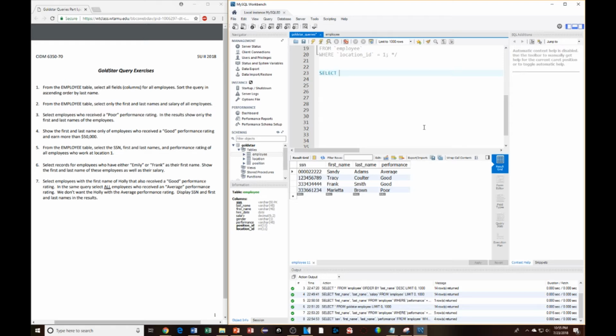So we'll start with select again. We want to select the first name, the last name, and their salary. We're only again dealing with the employee table. And our where clause, we're going to see that they either have Frank or Emily as their first name. So we'll have where first name equals Emily,